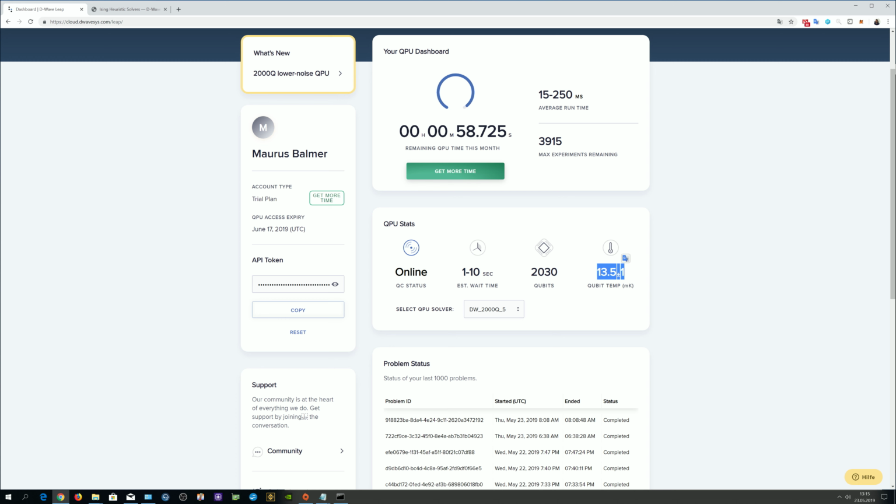This is the temperature, actually it's in millikelvin. The average time to wait before your quantum code is processed is between 1 and 10 seconds, and the status of the quantum computer is online. It should be online 24/7. It should, yeah. Okay, so the quantum processing